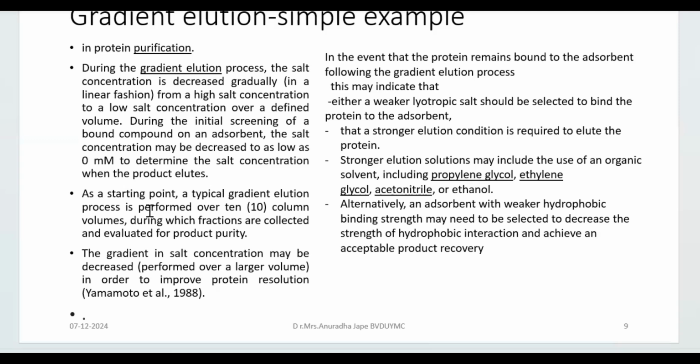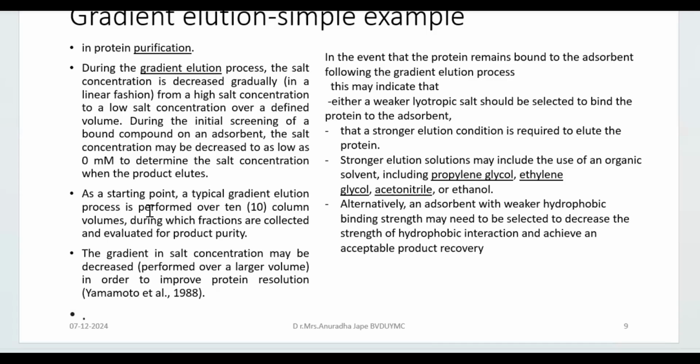So this will indicate that the protein is attached more strongly to the matrix, right? That is, it is weakly interacting with the mobile phase that you have chosen at a particular salt concentration. So it is weak interaction with the salt. So lyotropic salt should be selected to bind the protein to the adsorbent. Or